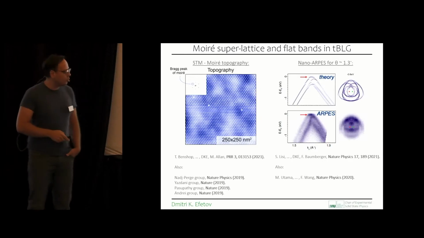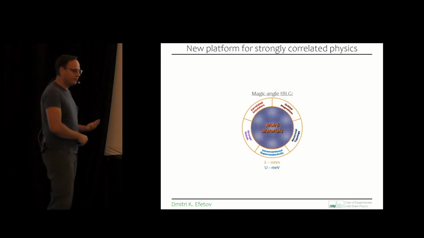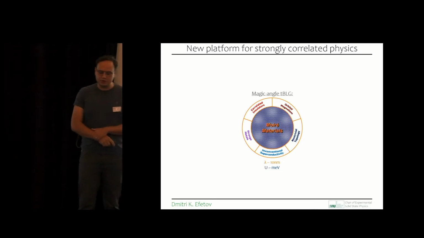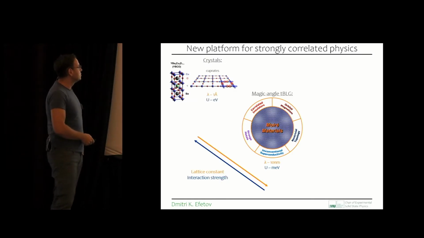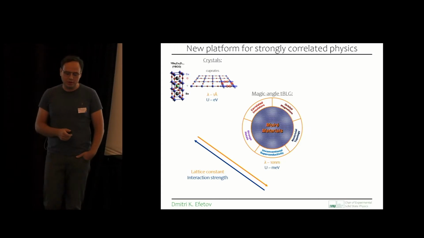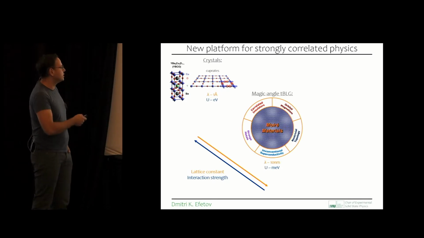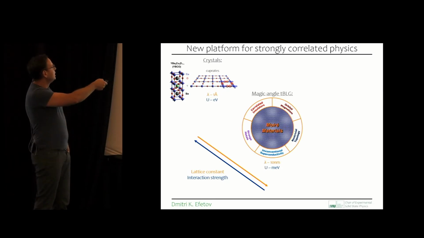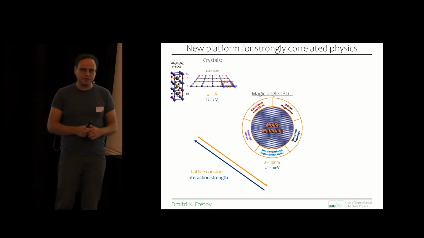Okay, and I really want to contrast this material platform with other materials which showed similar physics. So for example, crystals, right? So crystals which show superconductivity, correlations, magnetism, and so on, have been around for decades. So one famous example is, of course, high-temperature superconductors like the cuprates. Here, the lattice sites in cuprates are, of course, on the atomic scale. They're a few angstroms, and therefore the electrons sit really close by to each other, and the interaction energy you get